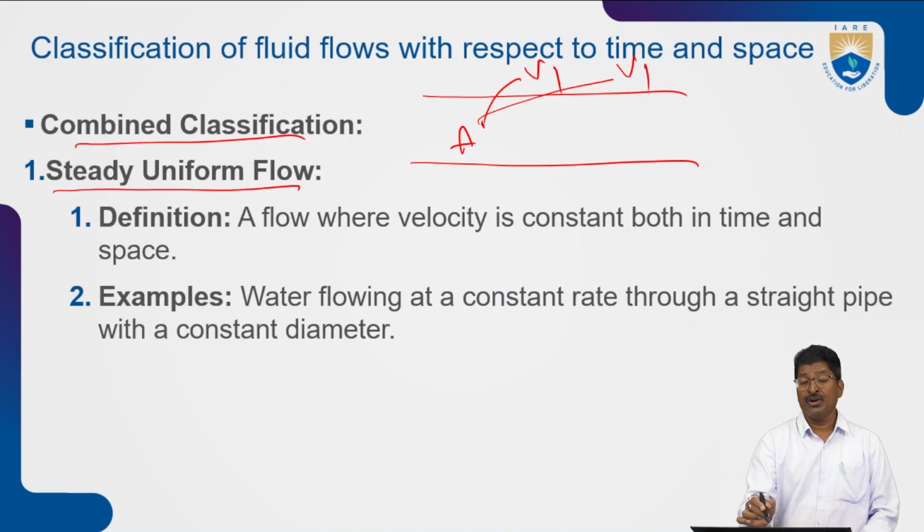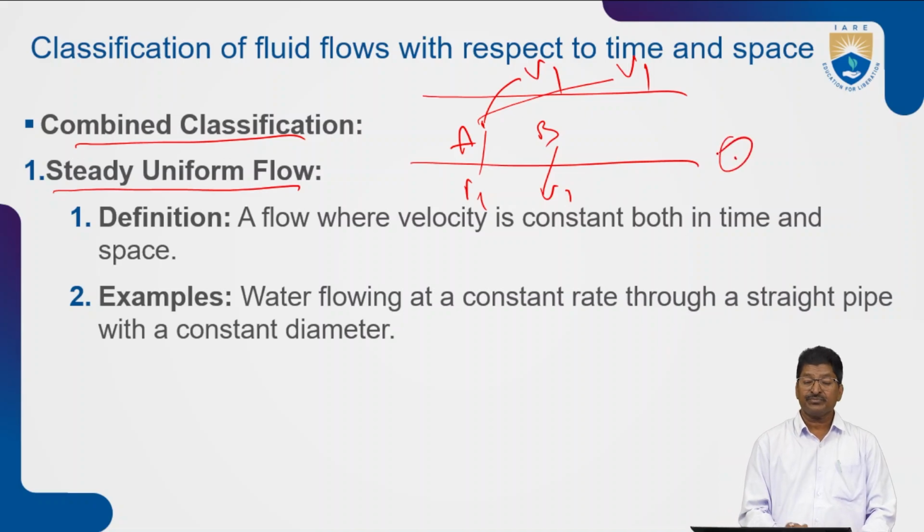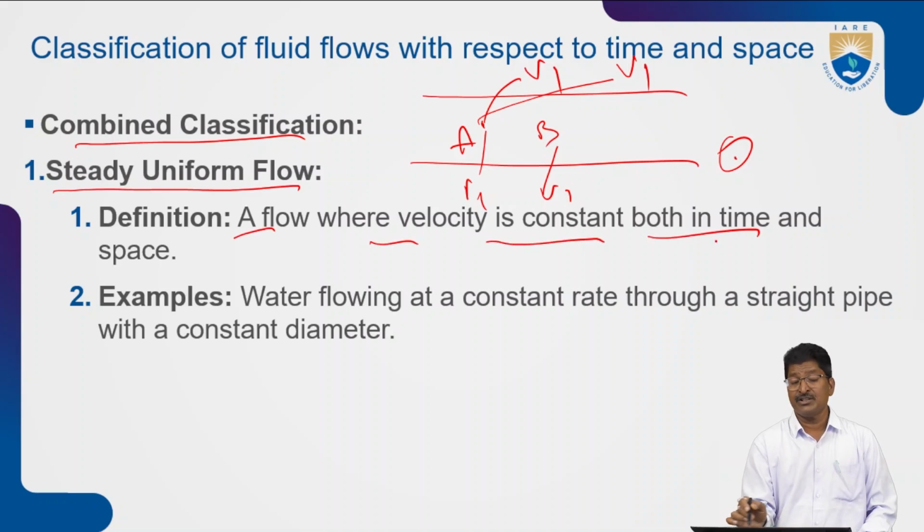Whereas uniform flow, if you measure velocity at A as V1, B also V1, but A and B velocities are measured at a given point of time. That is a uniform flow. So here, steady and uniform flow. What is the definition here? A flow where velocity is constant both in time and space. That means with respect to time also velocity is same, with respect to space also velocity is same. Then that is called